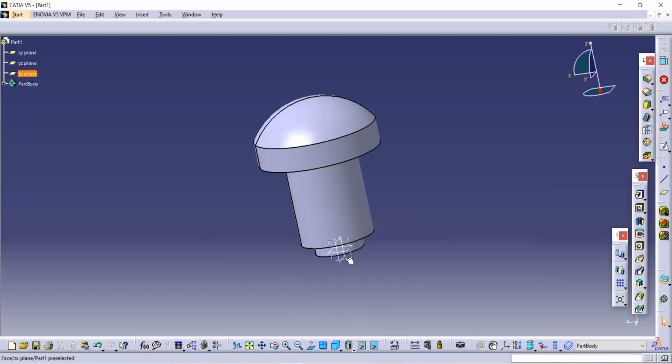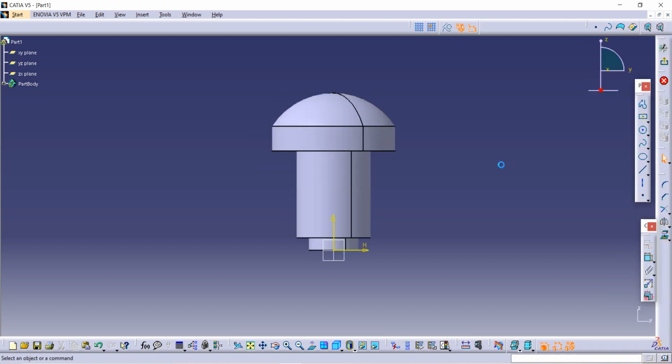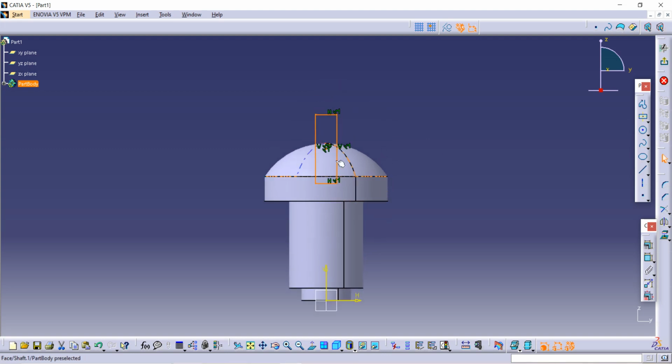Now select the plane that should be vertical, and then go on the Sketch option again. So we can draw one rectangle. This is a rectangle, and you have to draw one rectangle. So I am drawing it, actually I'm making it, and now you can see here is the Constraint option. So give the dimensions to it.